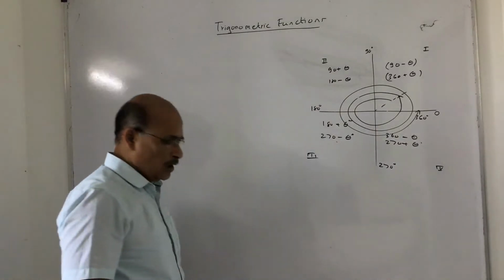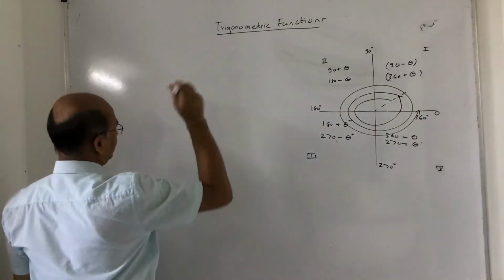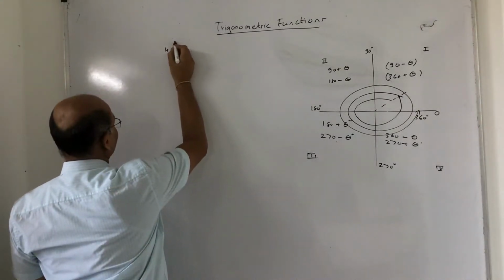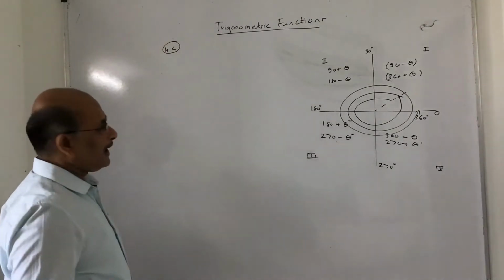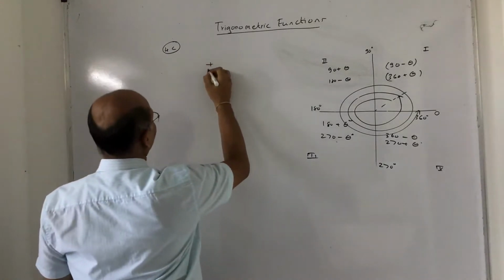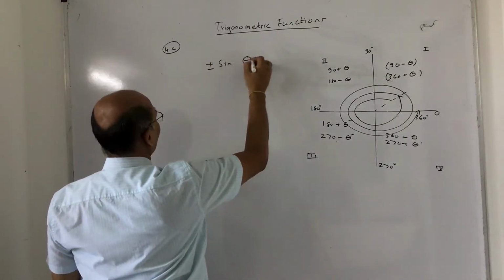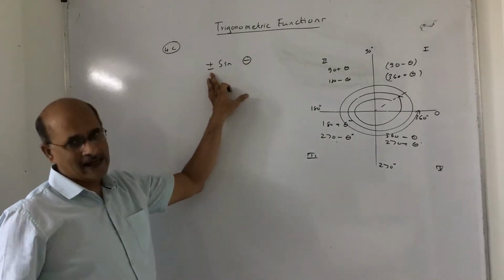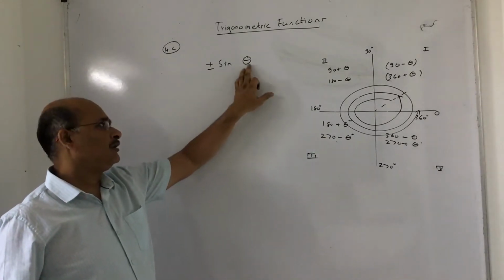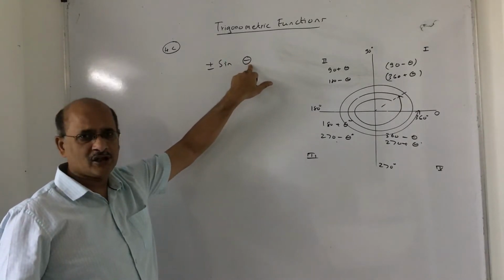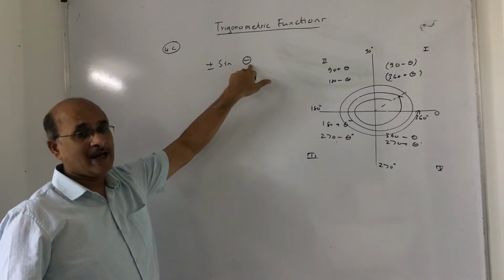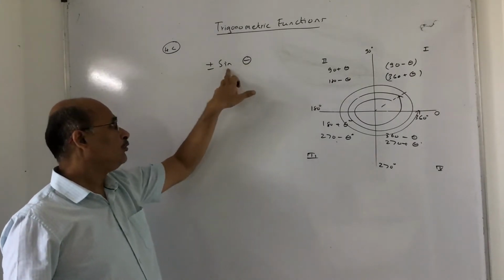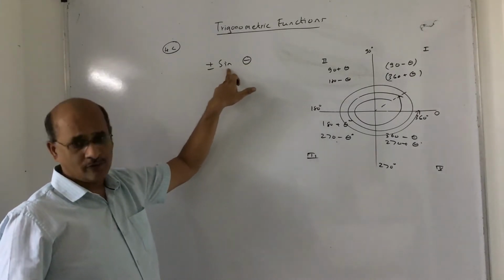When I talk about a trigonometric ratio, this is the first thing we are talking about, the sums based on exercise 4C. Any trigonometric ratio of plus or minus theta. Now if you see the constituents of this, plus and minus always happens just because the angle can move in clockwise direction or anti-clockwise direction, and at the same time, it depends on the value of the angle also, what is the sign of this ratio.